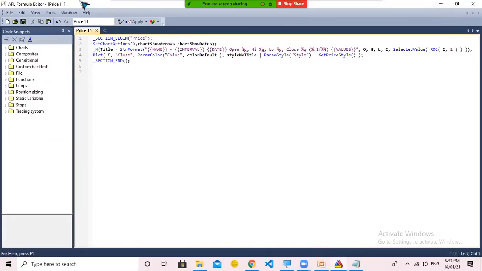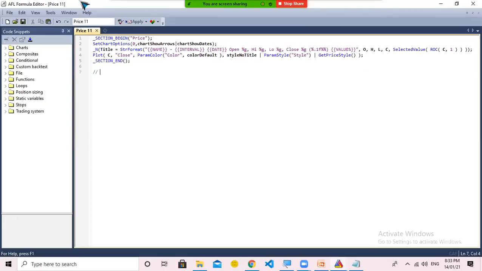What we want to do is, let me just write it here. I put two slashes. What I write after these two slashes will become a comment. After becoming a comment, AmiBroker will not read this particular line of code. So these two slashes are used to comment on things.